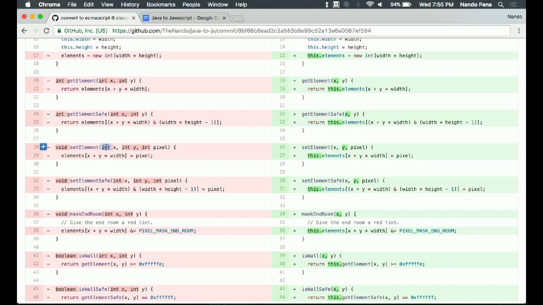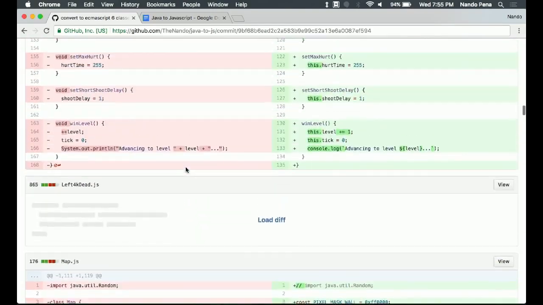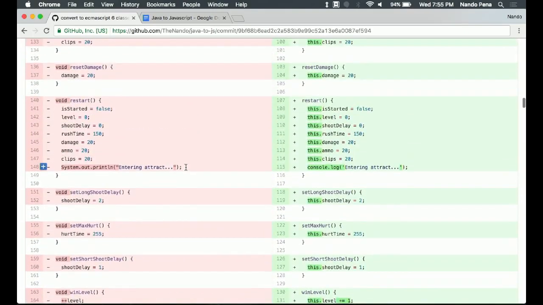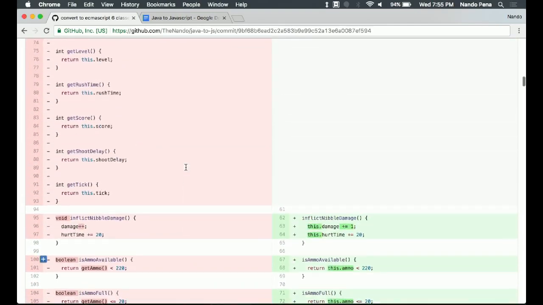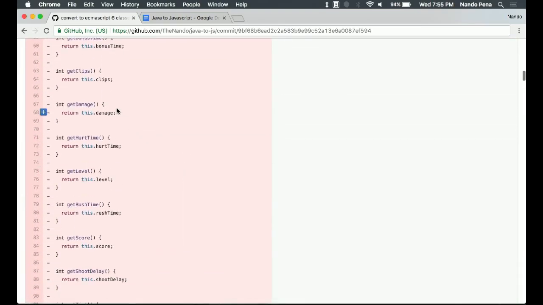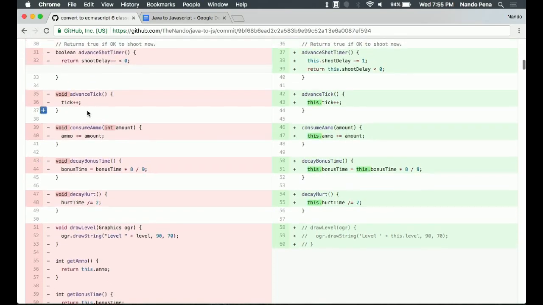Same thing with the types here on JavaScript. Anywhere where you're using a variable in Java, you're going to have to define the type. Everything's dynamic over here. Java has one of these idioms where if you want to expose a variable, you use what's called a getter or a setter. So here we have a real simple function. It's returning an int. It's called getDamage. It's just returning the damage. That's weird that it says this.